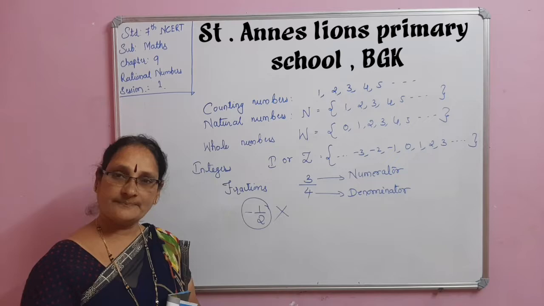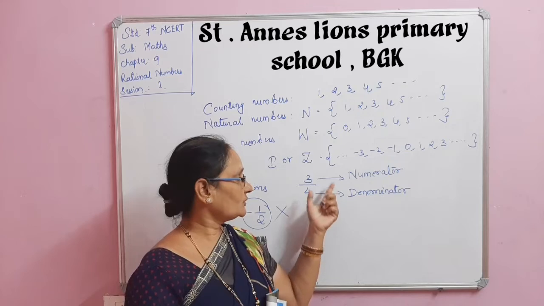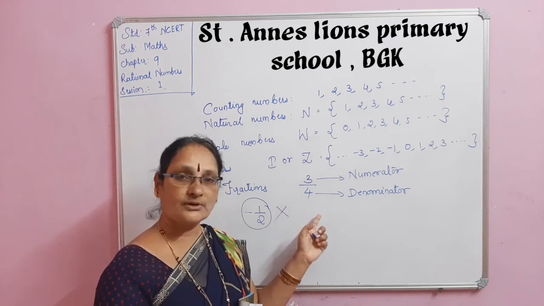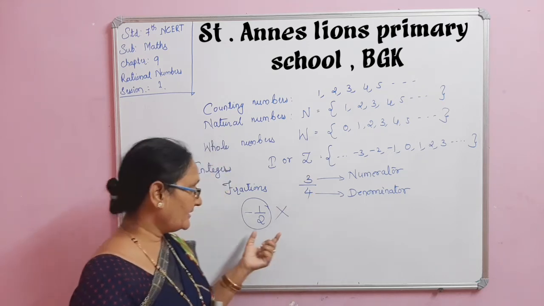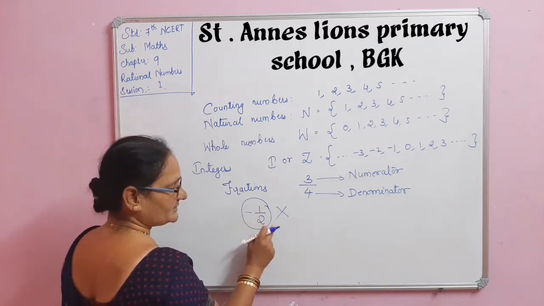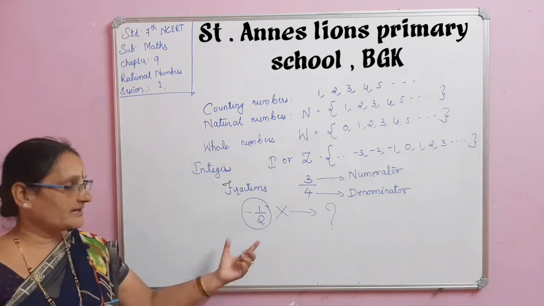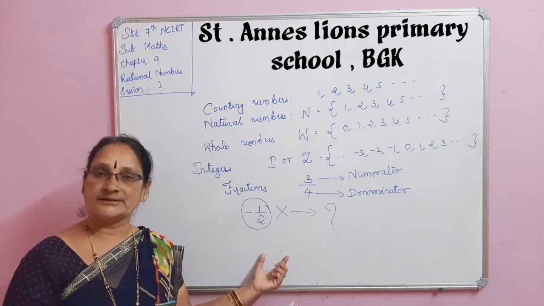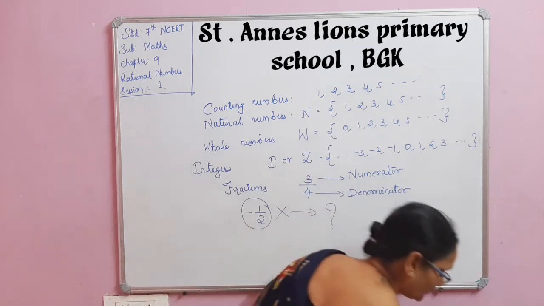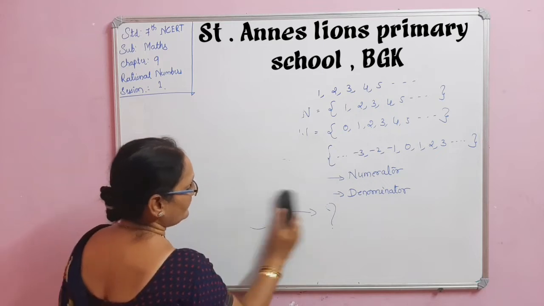Why is it not a fraction? Fractions will always be natural numbers. Both numerator and denominator will be natural numbers. Natural numbers means you know both are positive only. They will not have the negative integer. Suppose if it is minus 1 by 2, this is not a fraction. Then what does it mean? It means it is a rational number. Then what is a rational number? Now let us study about the very big set of numbers, that is the rational numbers set.